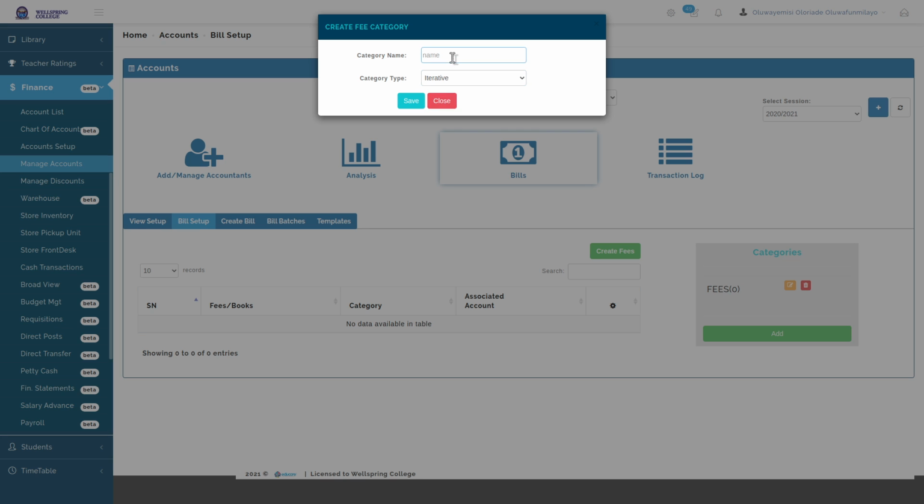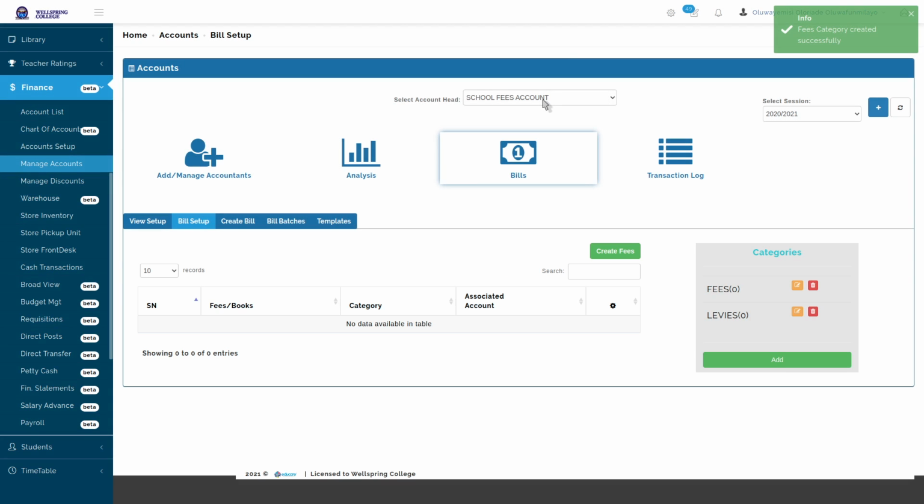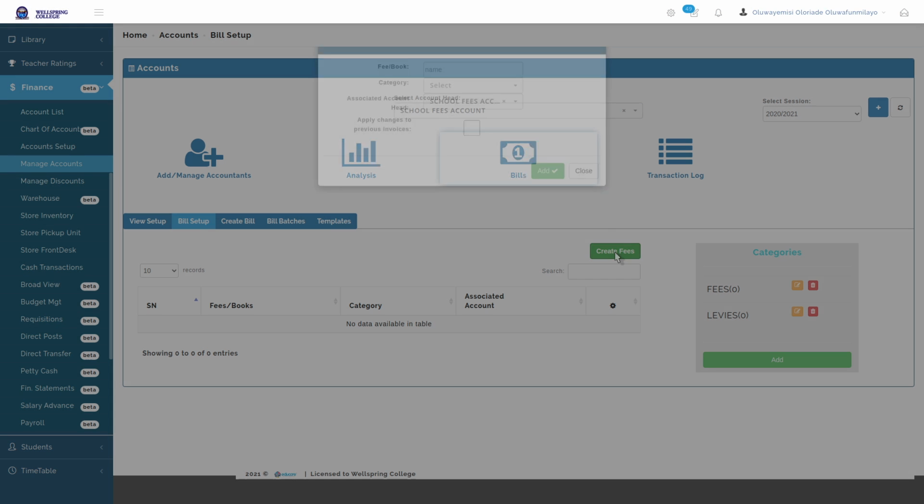Okay, so for right now, I'm going to just create maybe one more category, call it levies. Okay, and iterative, and that's it. So now the fee items themselves are created with this green button at the top of the table here. So when you click on create fees,